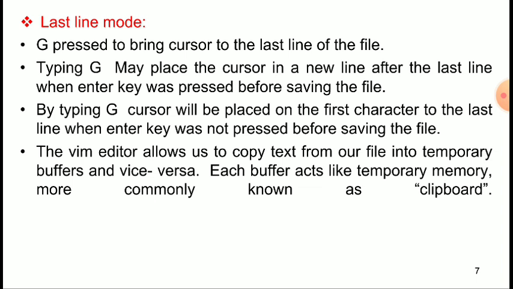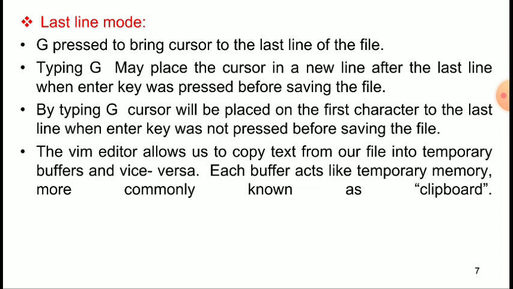By typing G, the cursor will be placed on the first character of the last line when the enter key was not pressed before saving the file. The Vim editor allows us to copy text from our file into temporary buffers and vice versa. Each buffer acts like temporary memory, more commonly known as a clipboard. So that is the clipboard.